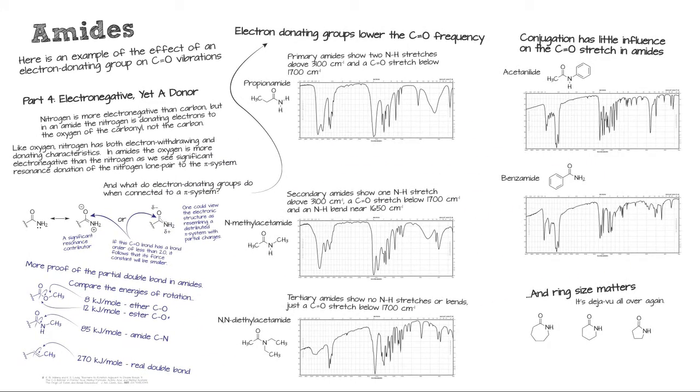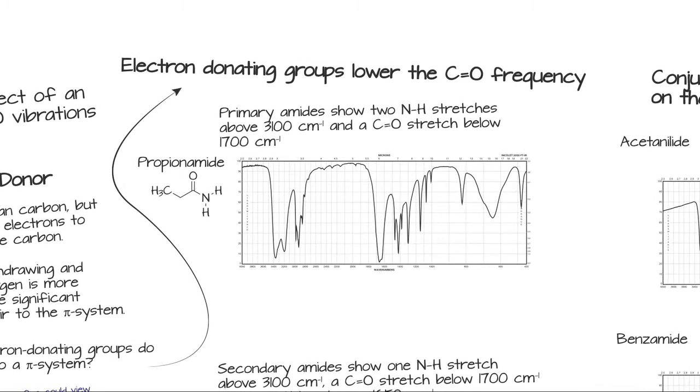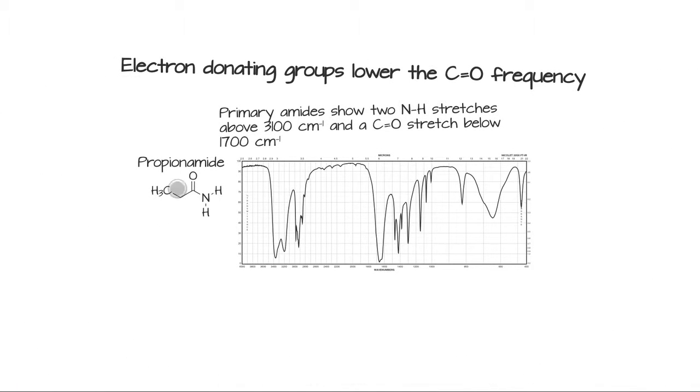All right, so let's look at some examples. So here's a typical amide, and if we look at the frequency there, 1750 being our ketone baseline, 1660, a lot lower. That is a lot lower. Other features that you'll notice